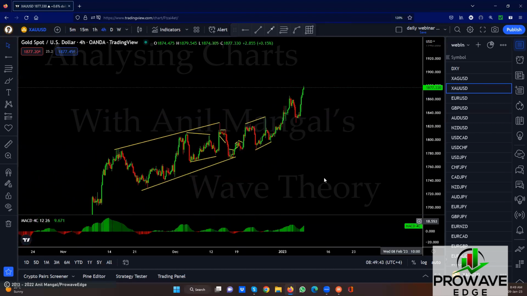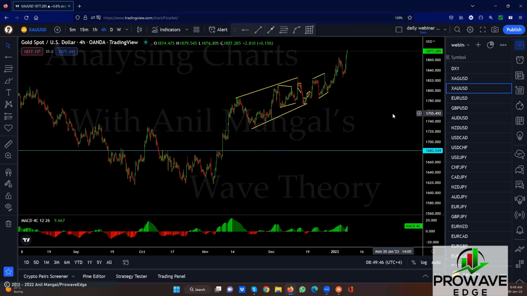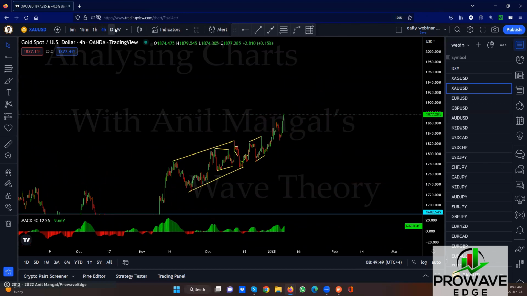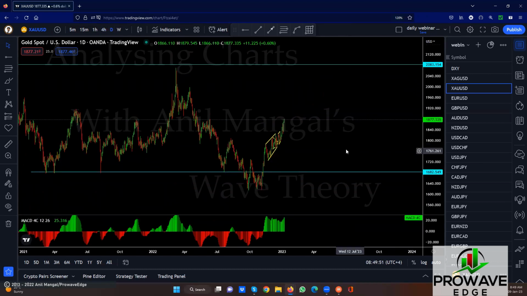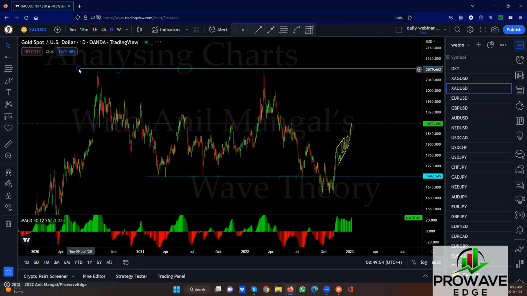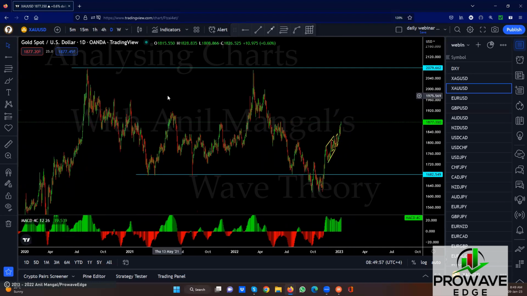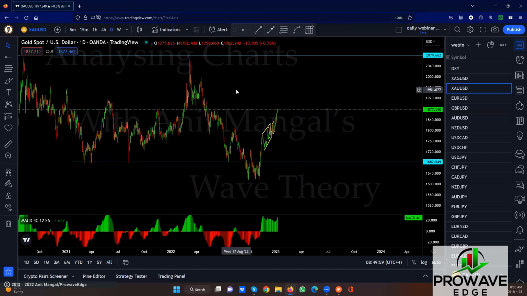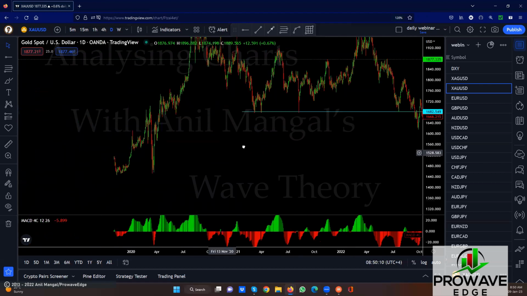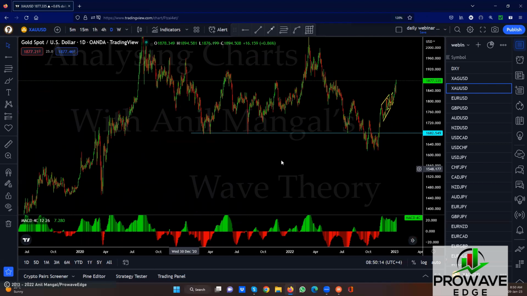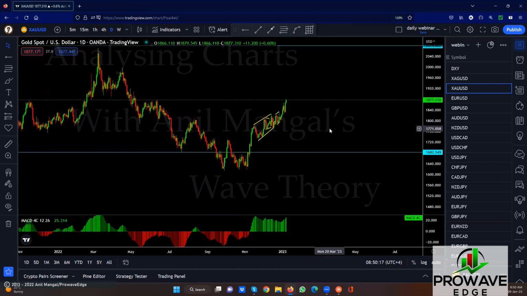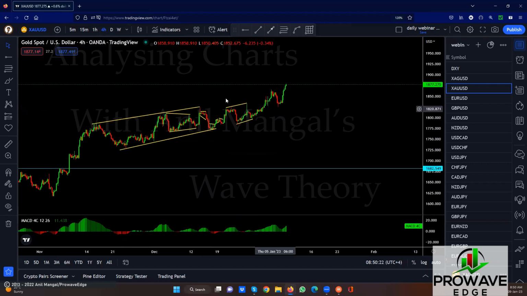Well, this is still going up. I think there's no reason why they should come back. We already looked at it. It's probably not going to come back. Even if they come back, it'll just be a deeper correction. And we could be heading for the top. So very likely we will break the top. And this might be the low. This one here, yeah, this here might be the low, and we could go. There could be a deeper pullback somewhere because there was a lot of deep pullback at points, even in the impulse. But that's not a guarantee. So any correction we get in the 1 hour, we'll take the trade to the upside.